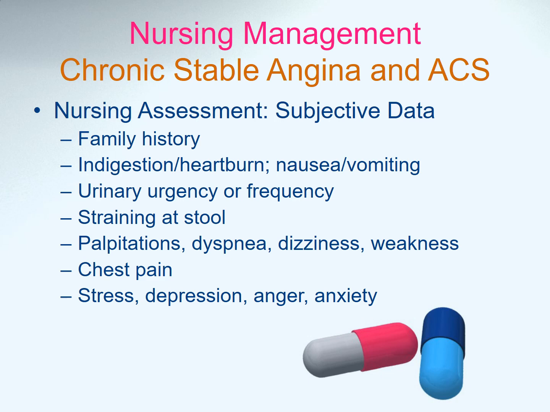Chronic stable angina and acute coronary syndrome nursing assessment includes subjective data such as family history, indigestion, heartburn, nausea and vomiting, urinary urgency or frequency, straining at stool, palpitations, dyspnea, dizziness, weakness, chest pain, stress, depression, anger, and anxiety. And for all of those, we do have management, such as health perception, health management, family history of heart disease, sedentary lifestyle, tobacco use, etc. We can also provide nutritional and metabolic counseling and elimination, trying to avoid straining when you're trying to have a stool,